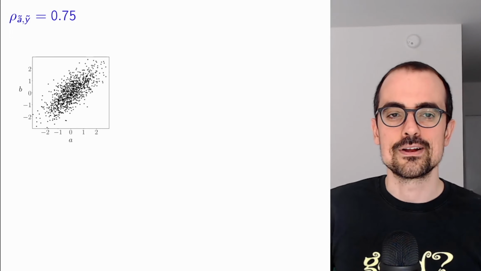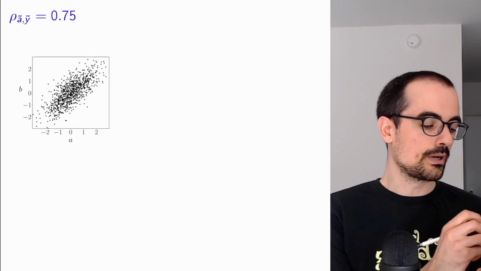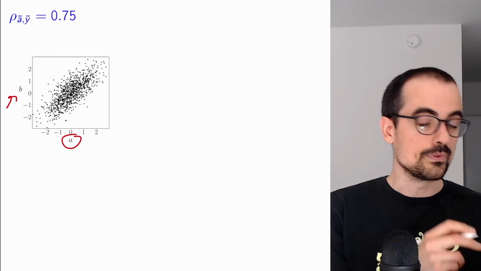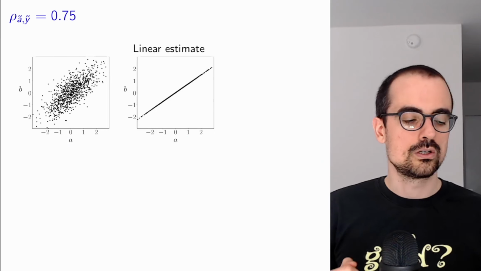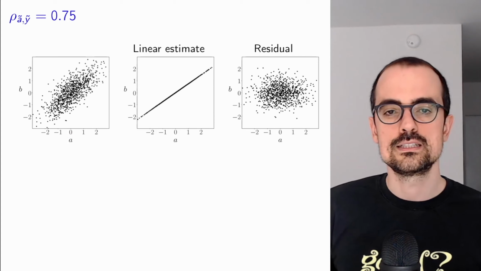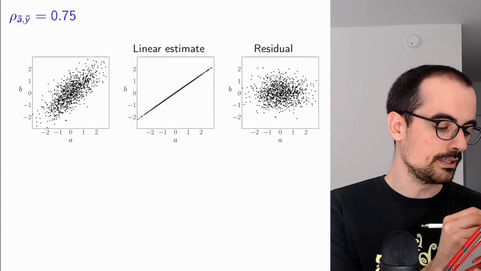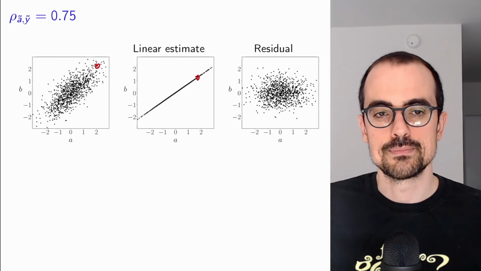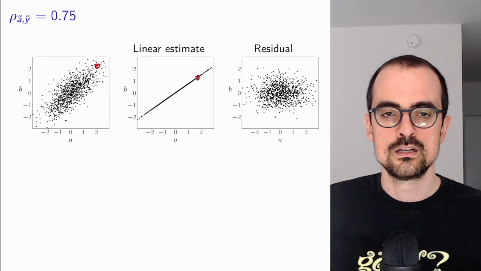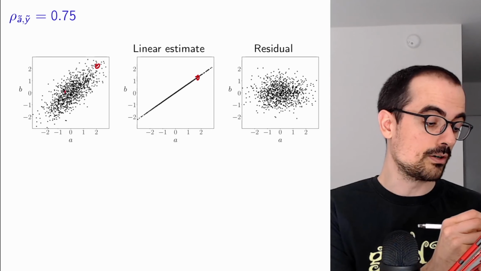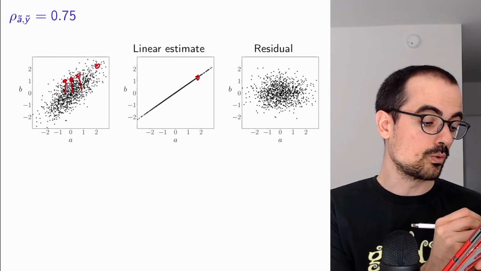Let's make this very clear with a picture. Again, we have a single feature and we have the response. We fit a linear model of the response given the feature. And this is the residual obtained by taking out each of these points and subtracting the corresponding linear estimate for that value of A. Now we can take a look at a histogram of the vertical coordinates here,